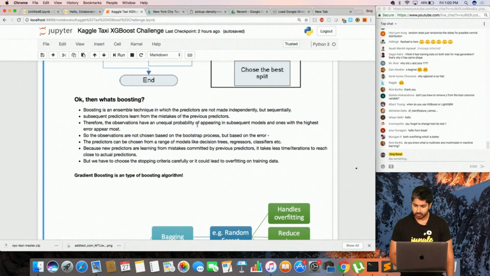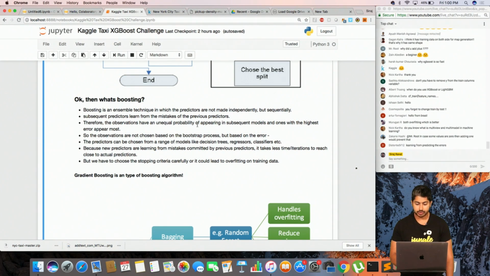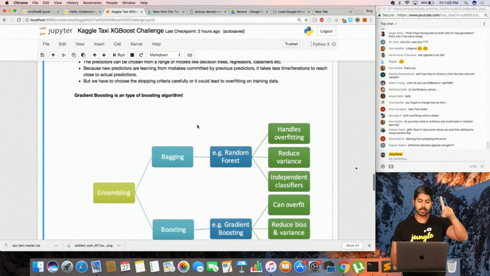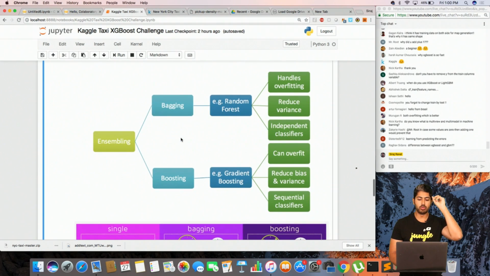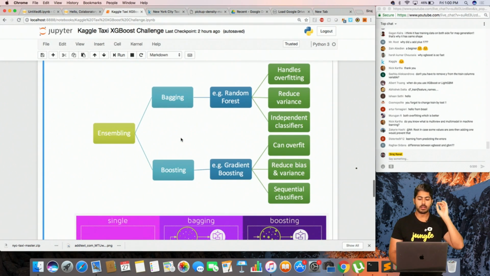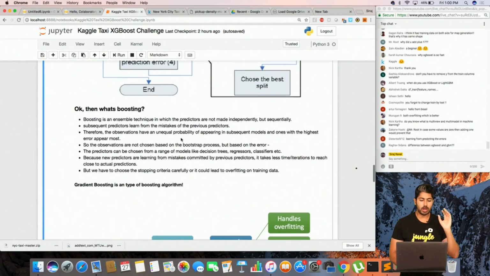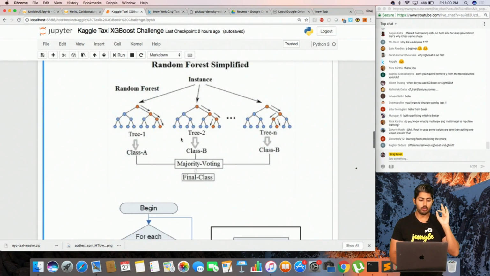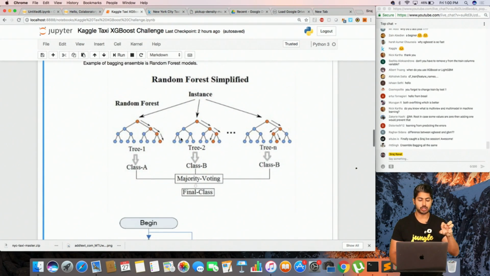So there's that, and then for overfitting, bagging is better. This image answers your question. But if we want to reduce the bias and variance more, we'll use gradient boosting. So let me go back here. Where was I? That's bagging: independent models that are all combined to make a final prediction.